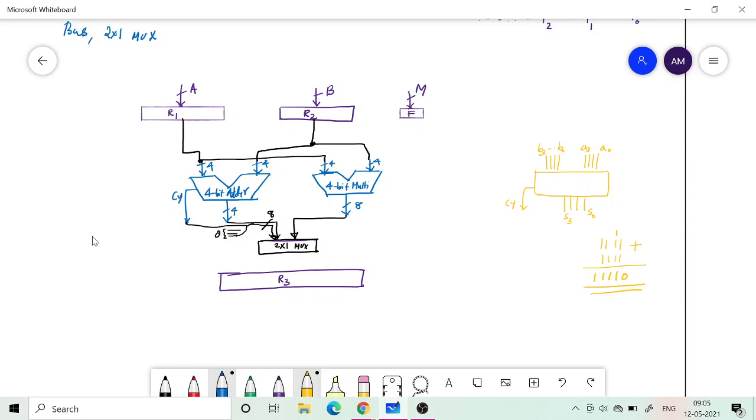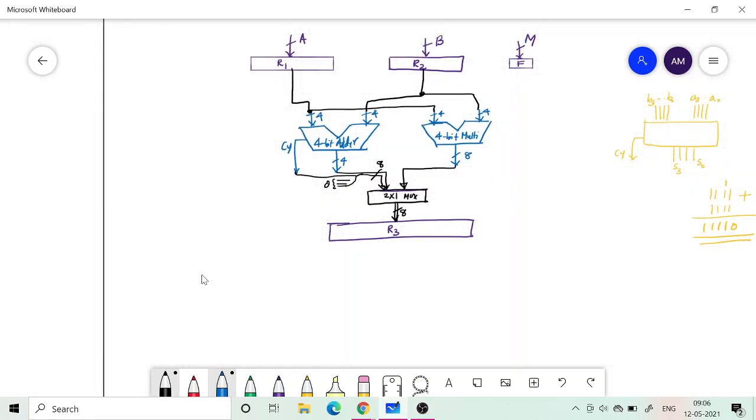But to this register R3, what I should give is 8 bits. Here there should be 8 bits. After multiplication, you already have 8 bits, so that is coming here. But the multiplexer is a 2x1 multiplexer. If you look at the multiplexer structure, it will look like this: there is an 8-bit input, another 8-bit input, and the output is also an 8-bit output.